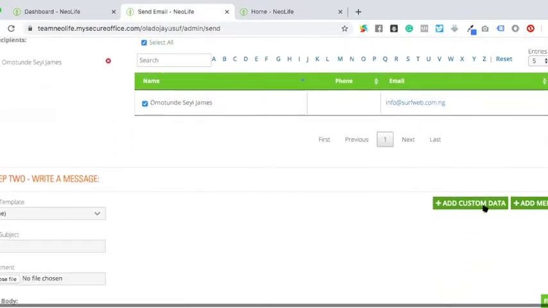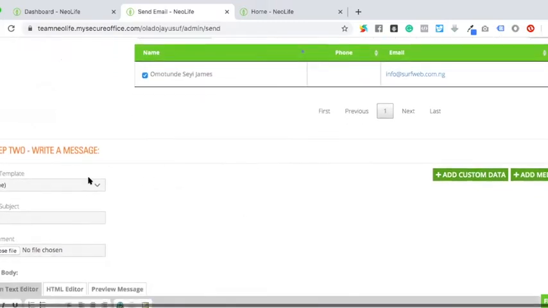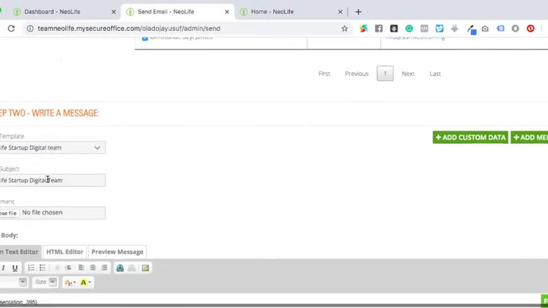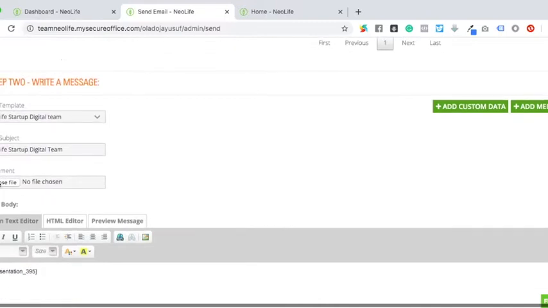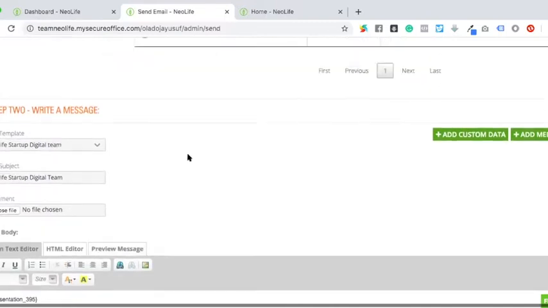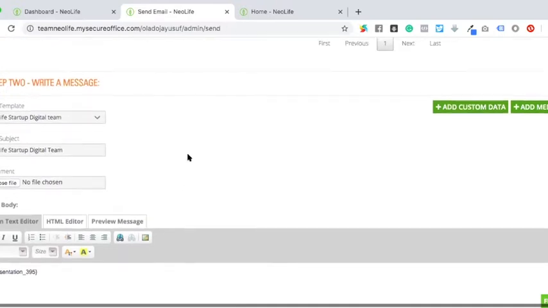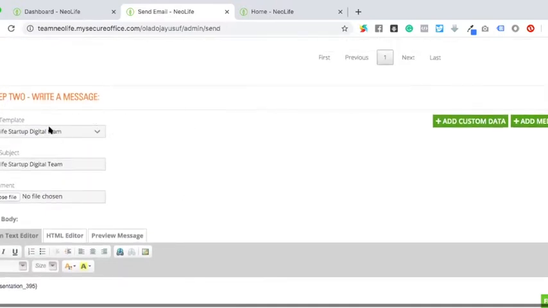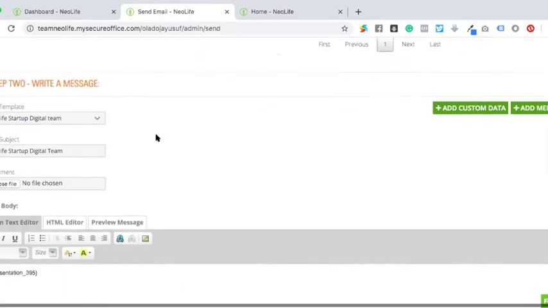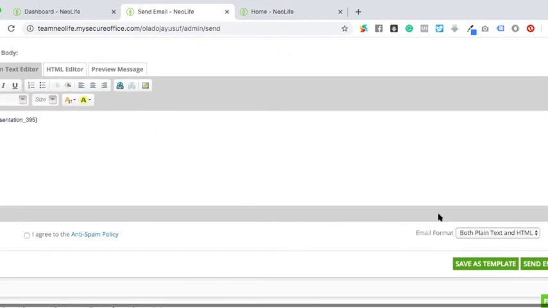or audio. I can also say who is sending this. I have a template I've already built called Neolife Team Digital Team. So I can attach something else to this. You will get to know how to actually build this. So if I click send right now,